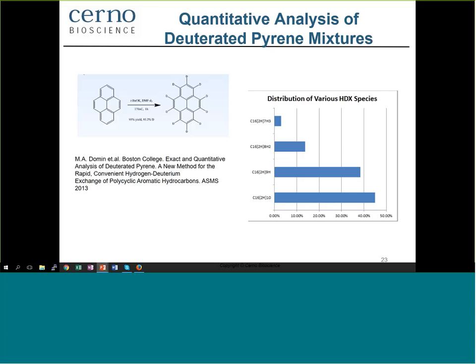Deuterated PAHs are widely used as analytical standards for monitoring pollutants. And unfortunately, the compounds are very difficult to characterize in terms of the amount of deuteration and what the mixtures are. Again, using exactly that same fitting approach and taking advantage of this accurate calibration and the spectral accuracy, we can quantitatively determine after the reaction has been undergone,